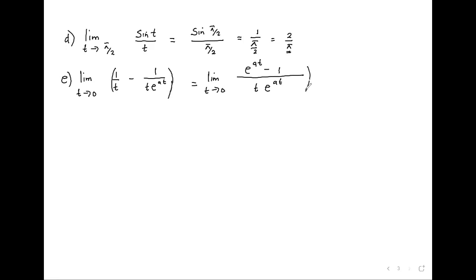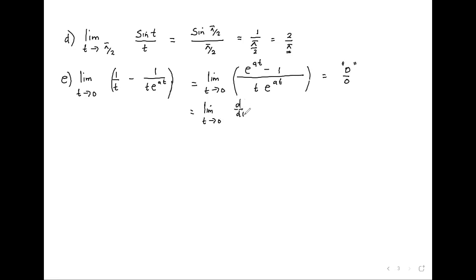At this point, if we substitute 0, you understand that we get 0 over 0, because e to the power 0 is 1. So 1 minus 1 is 0, and then 0 times 1 is 0 again in the denominator. So now we can apply the rule. How do we apply it? We'll differentiate. So we'll get the limit as t goes to 0,